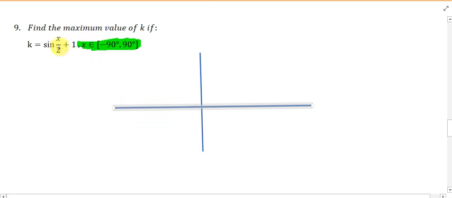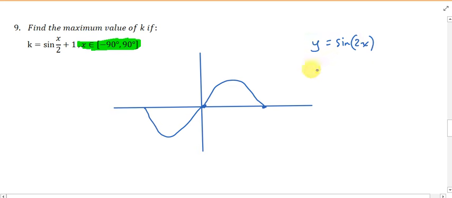If I'm shifting the graph 1 up, then if I substitute minus 90 inside here, remember this original sine graph, I'm just using y is equal to sine x. Now if you sketch a graph of y is equal to sine 2x, then these points now become, remember this is just half a wave,